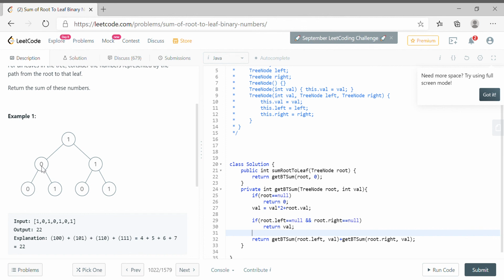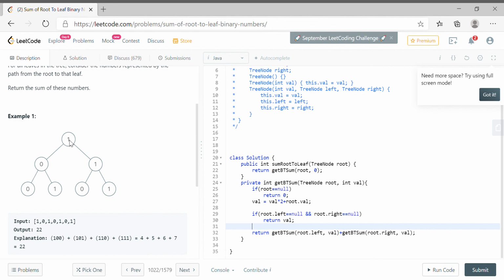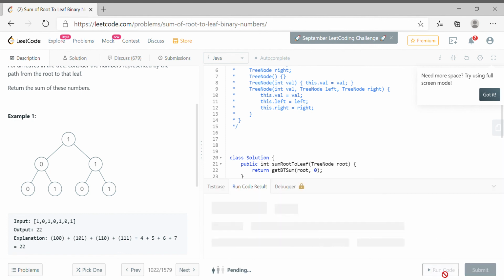So for this root you get 0 and 1 and you sum up, you will get the total value. Sum up in the sense that from root to leaf you will get this value, and then from root to leaf you will get this value. I think this is enough. This is pretty much okay.